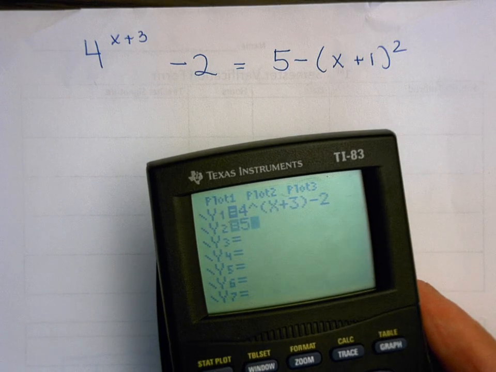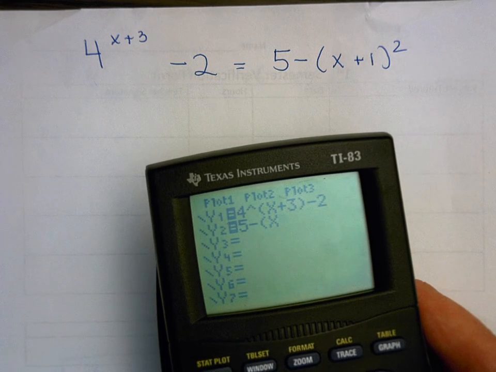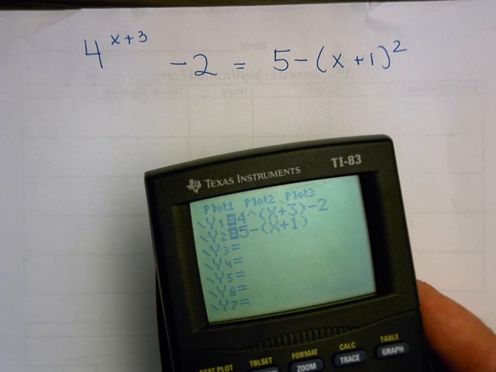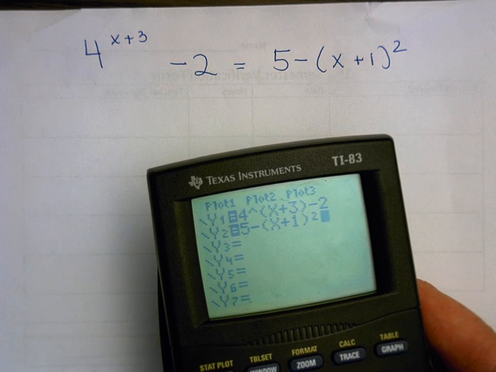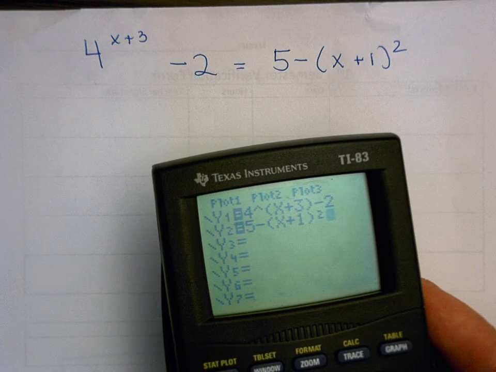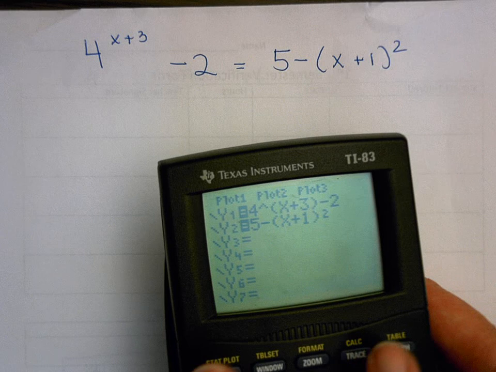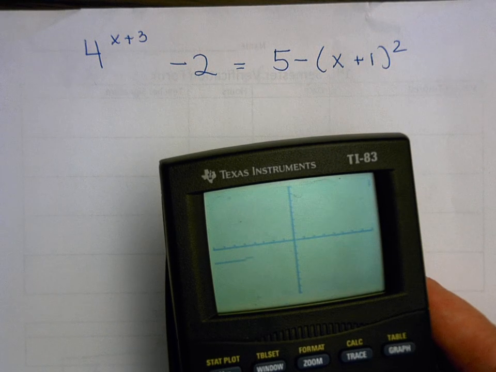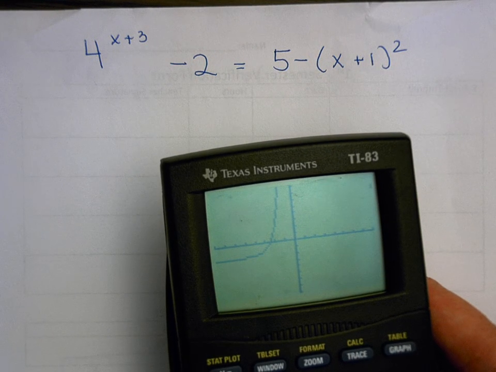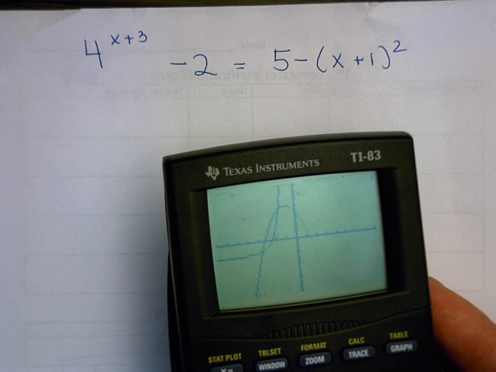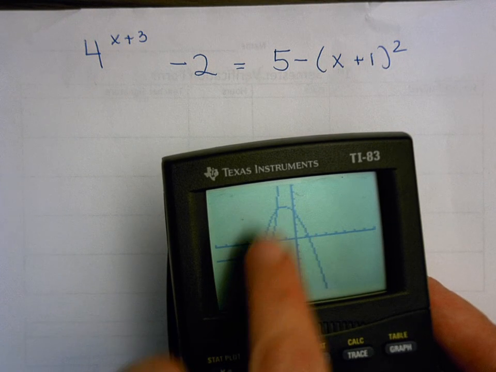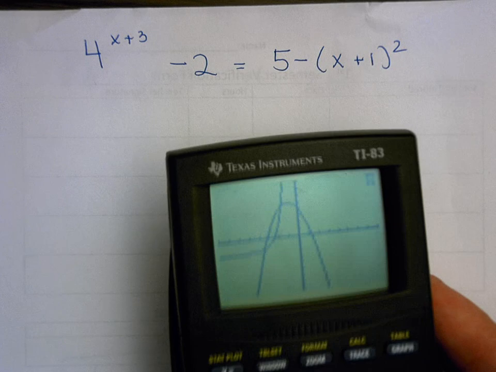So 5 minus, make sure you're using subtraction over the negative, right? So make sure you're paying attention to that. And then once I get that, I'm going to go ahead and graph it. So this is really just to kind of jog your memory on those steps, because I know you don't all have calculators at home. And then I have 2 intersection points, and so I'm going to go to calc,